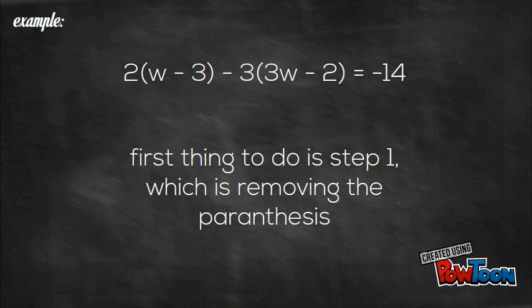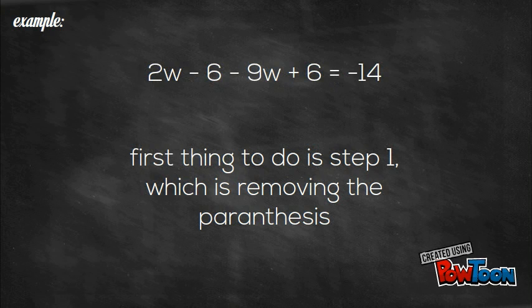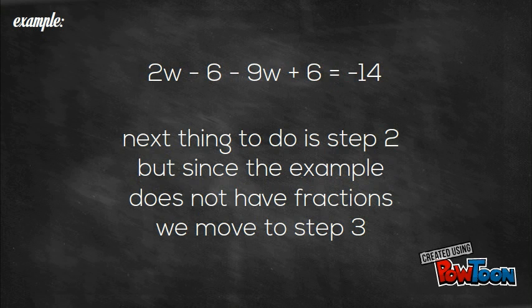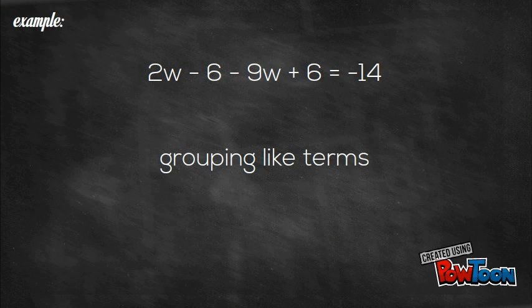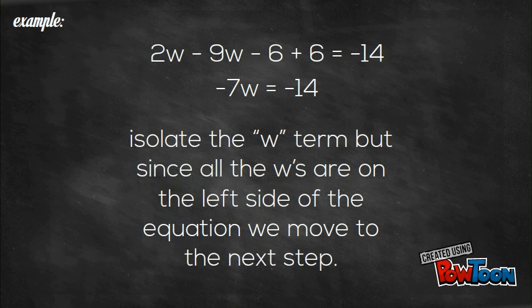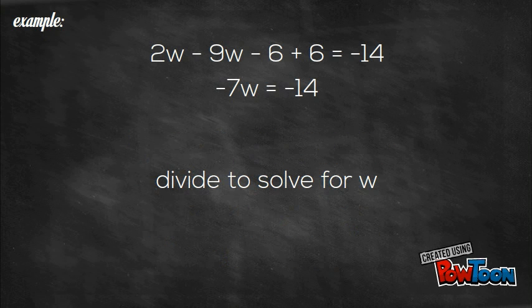For example, the first step to solving this equation is to remove the parentheses, making the new equation into: Next step is to do step 2, but since this example doesn't have fractions, we move to the next step, which is to group like terms, making the new equation into: Next would be to isolate the w term, but since all w's are on the left side of the equation, we move to the next step, which is step 5. We divide to solve for the w, making the new equation into: